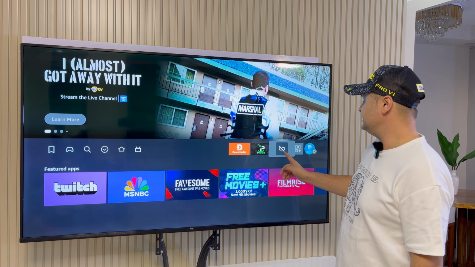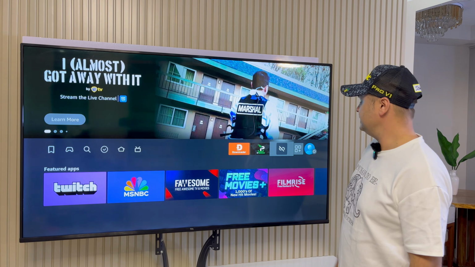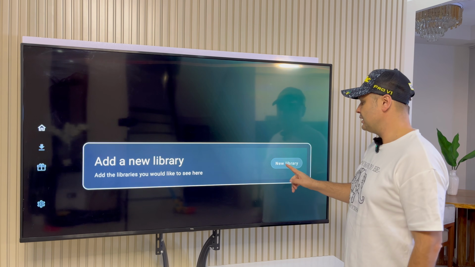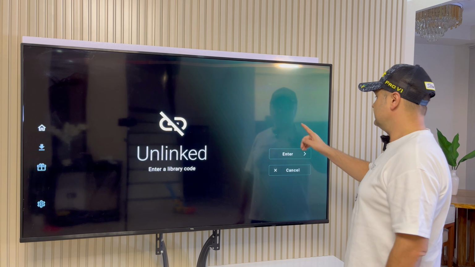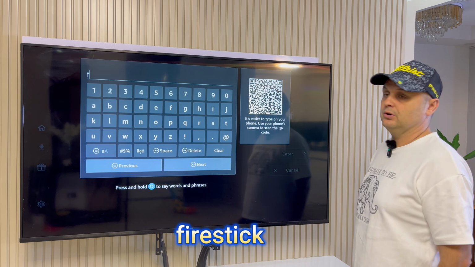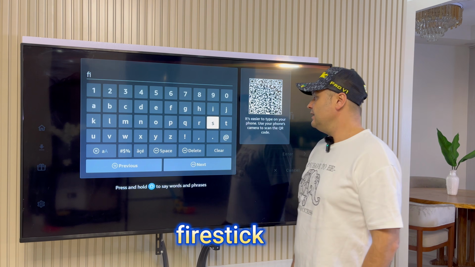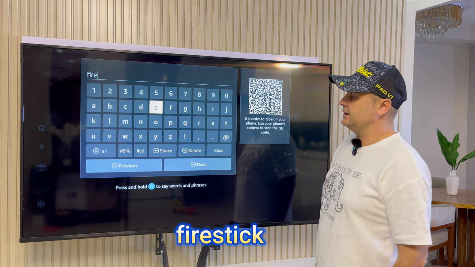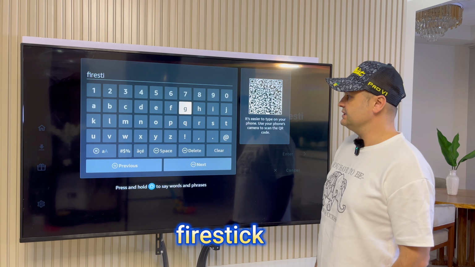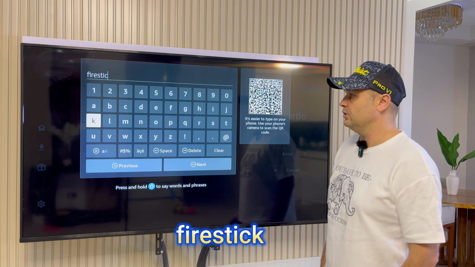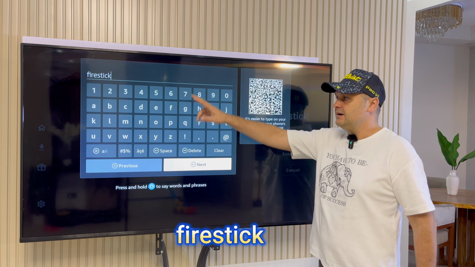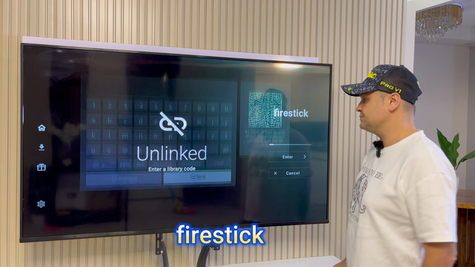And we're going to open up the Unlinked application with our VPN being on. It's going to come up with a menu like this. So we're going to press the new library here, click inside of this blinking field, and put in the following code, lowercase. If the code does not work and you get a socket error or any other errors, it means that your VPN might be disconnected or might be off. So this will work when your VPN, IPVanish specifically, is on. Firestick, lowercase, you're going to press the next button,